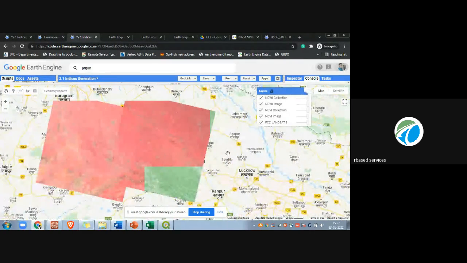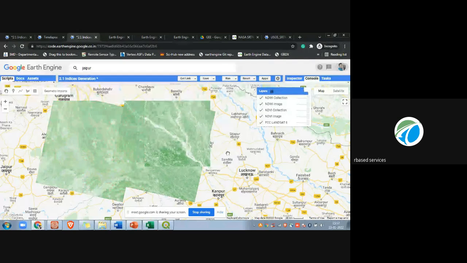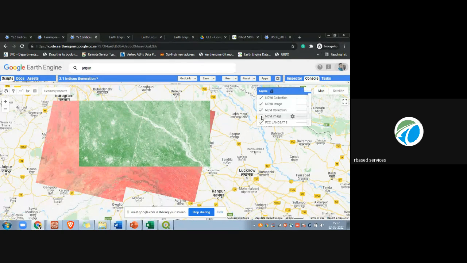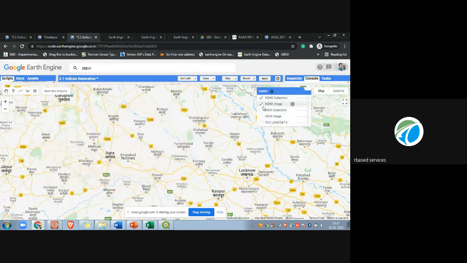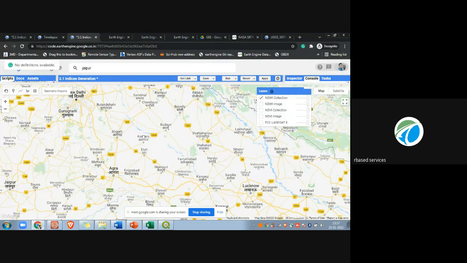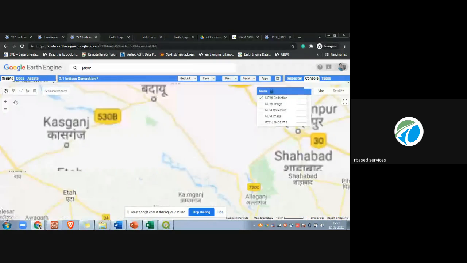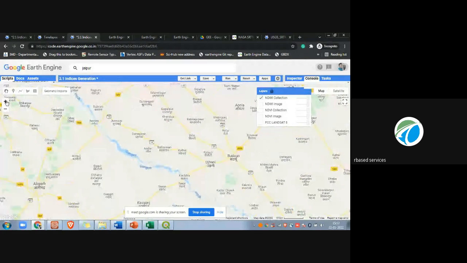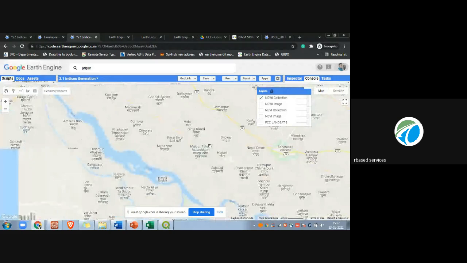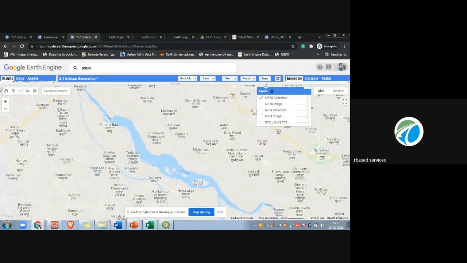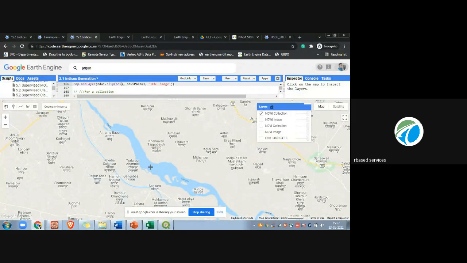NDWI will also be computed. See, all the names will come here, and the collection, meaning the whole time series, will also be generated. Suppose I click on this water body, this Ganga river, just by clicking on the inspector and clicking on this river,